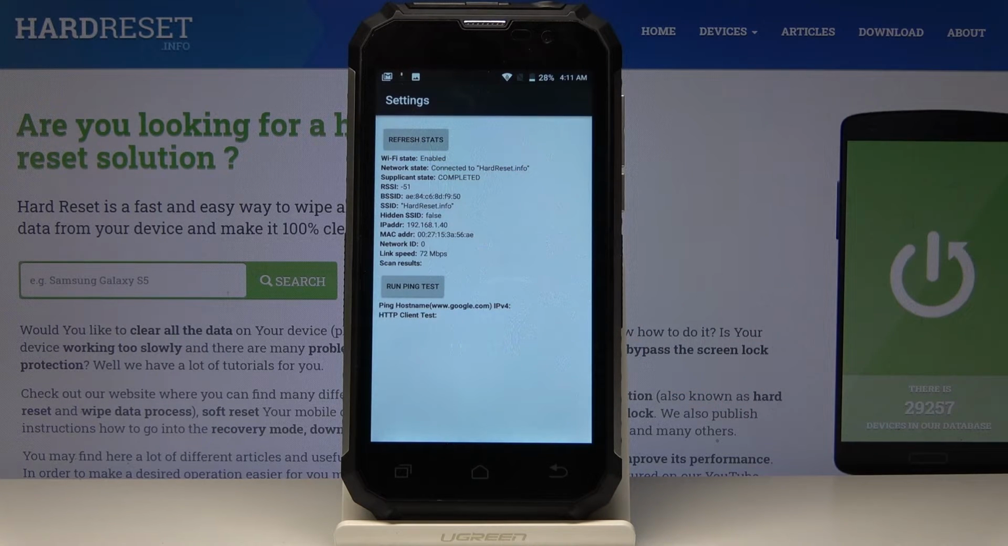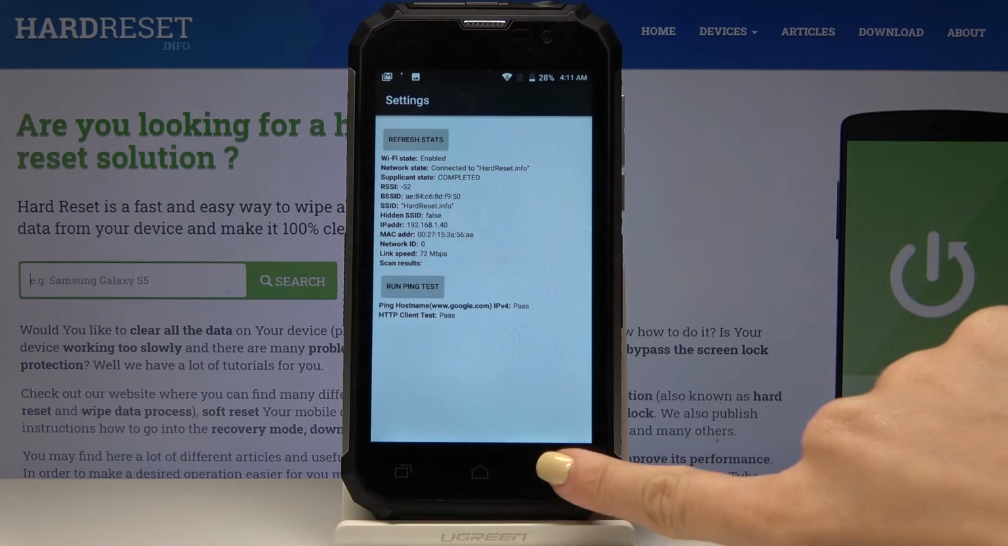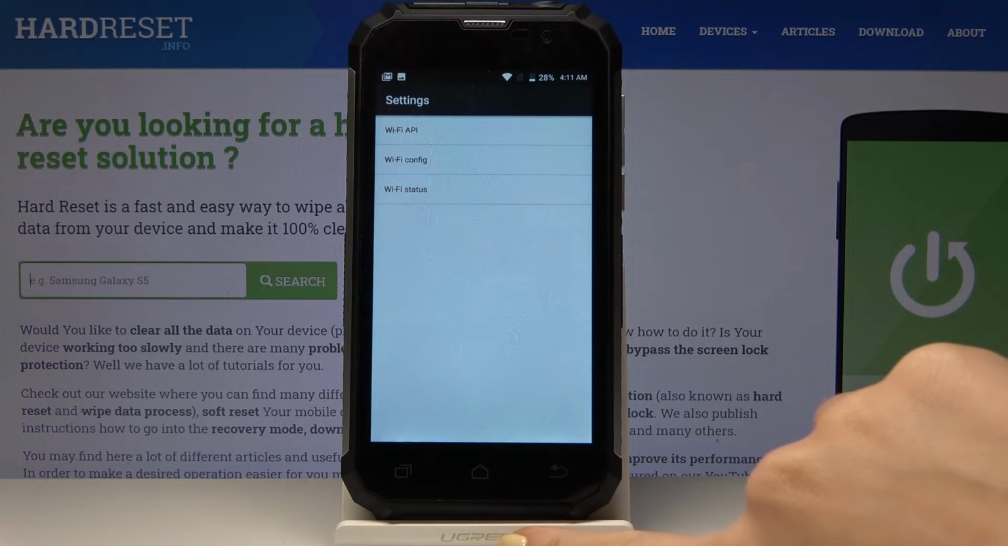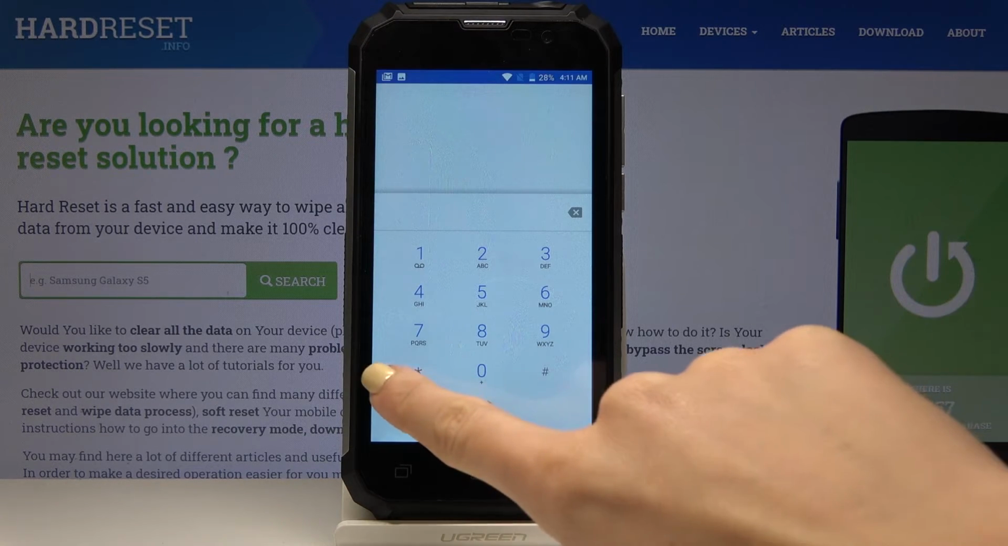You can check the status of your Wi-Fi, and also you can perform here a ping test. To do it, smoothly click on Run Ping Test. And that would be basically all for this code. And let's go to another, which is *##,